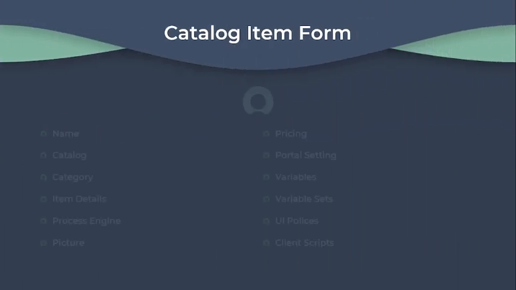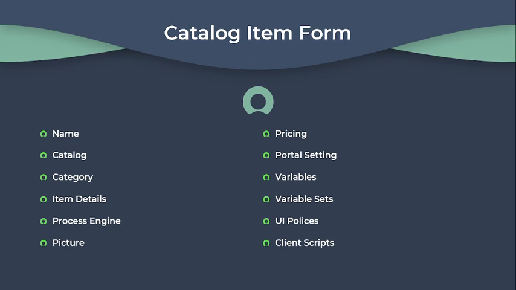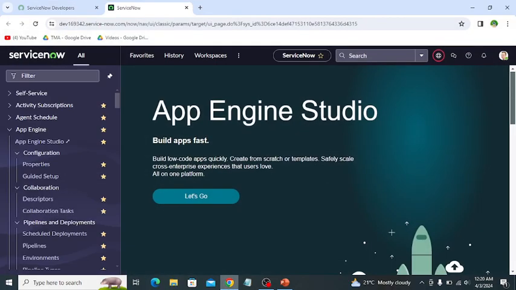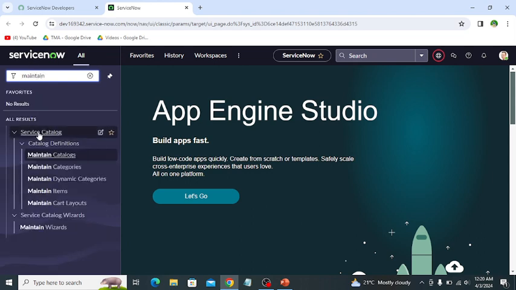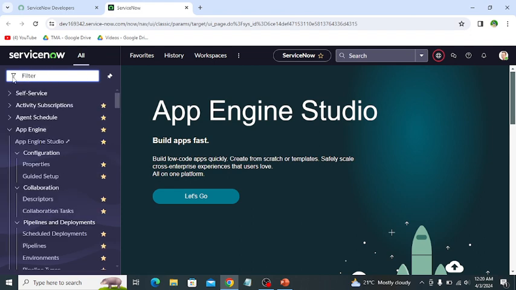Then catalog item form. So let's explore the catalog item form on my personal developer instance. So let me open my developer instance. Under the service catalog, there are all types of catalog items.